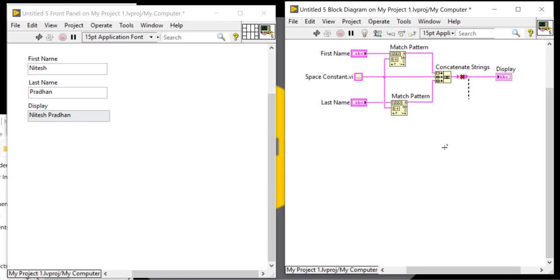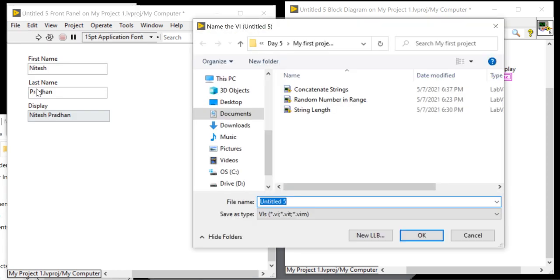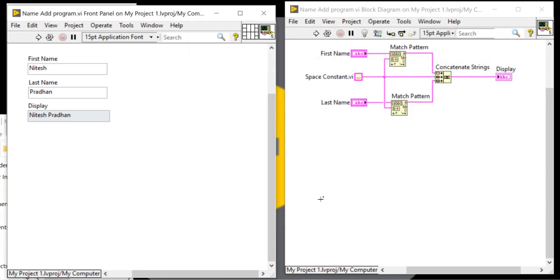I am going to save the program. Concatenate string functions are name, add, program.